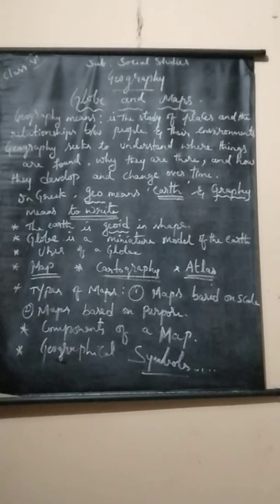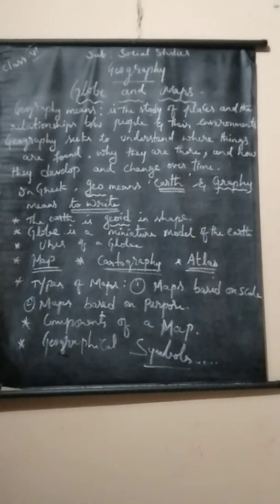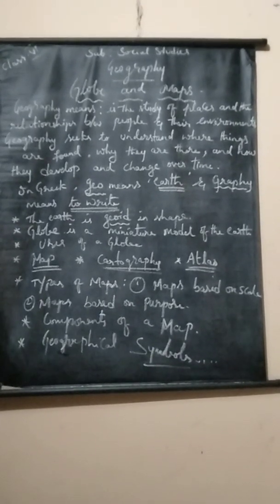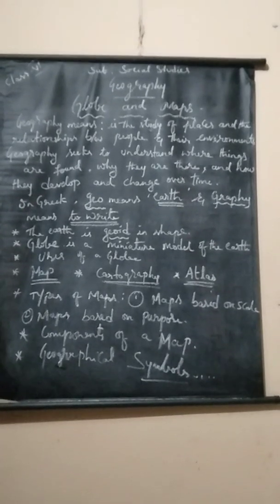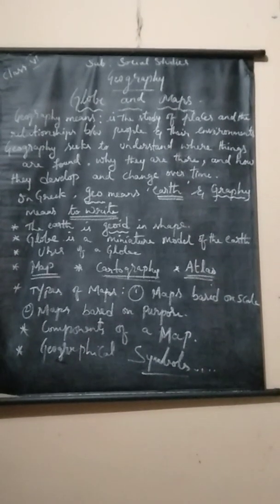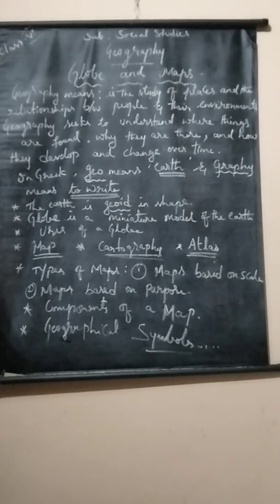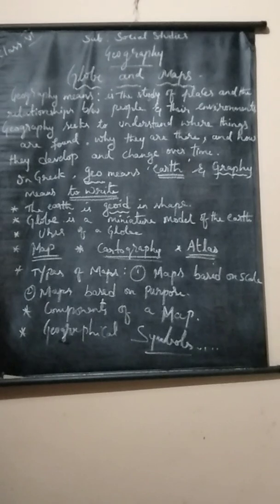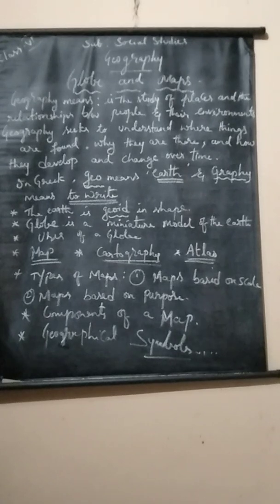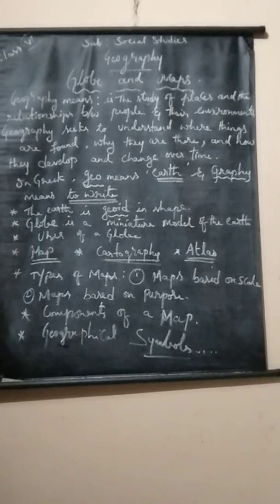It is a simple teaching learning aid. It can be kept on the table and rotated. Yes, children? It helps us to learn about the different geographical concepts. Okay. And let us study the uses of the globe. The globe is useful to know the shape of the earth. It helps us to understand the position, shape, and size of the continents and also the oceans and seas.